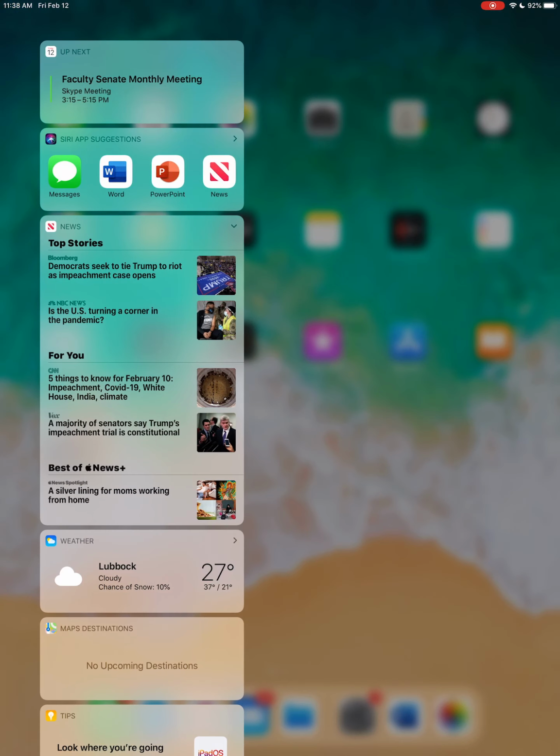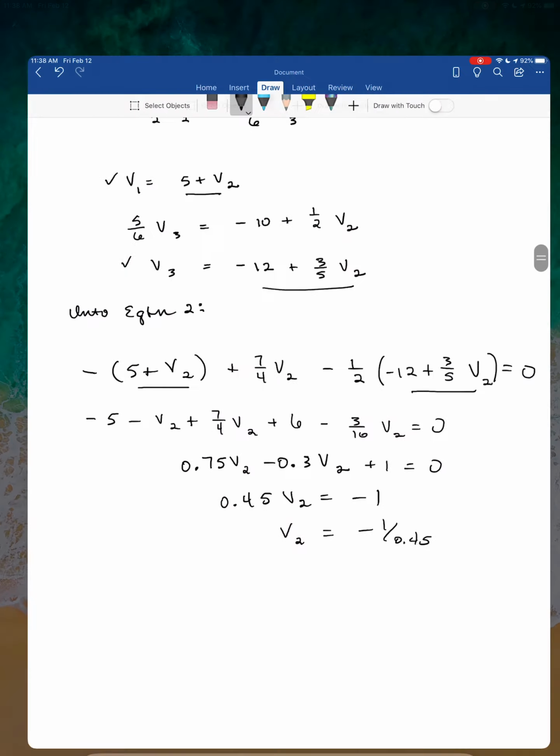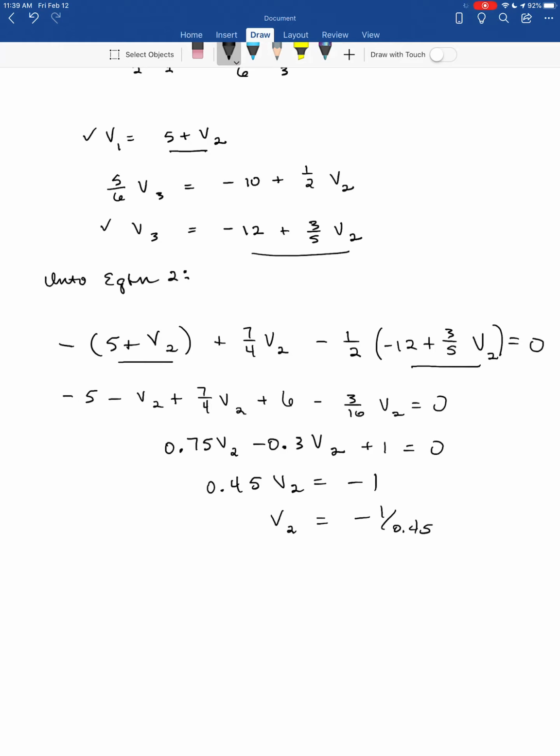I am not seeing it. So we'll just go back. We'll leave that as minus 1 over 0.45. I think that's actually 2.2 if you divide that out. So we'll put an approximate. Okay, that makes V1 5 plus V2, which will make that approximately 2.8,